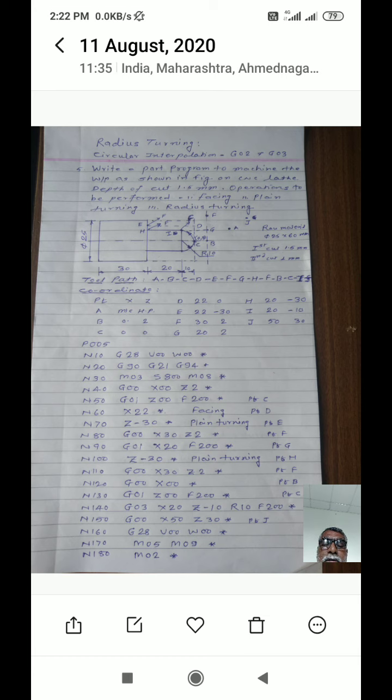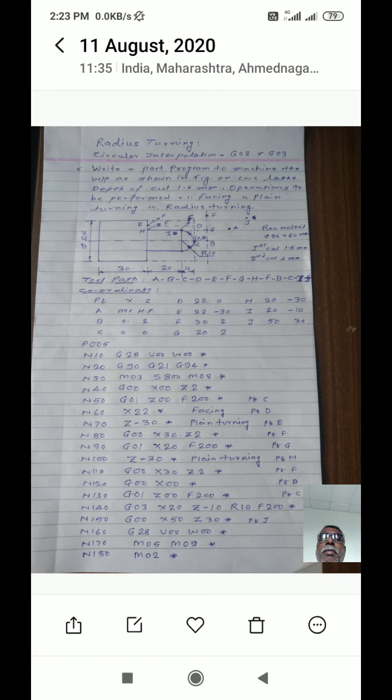Depth of cut is 1.5 millimeter. Operations to be performed are: first one, facing; second, plane turning; and third, radius turning.